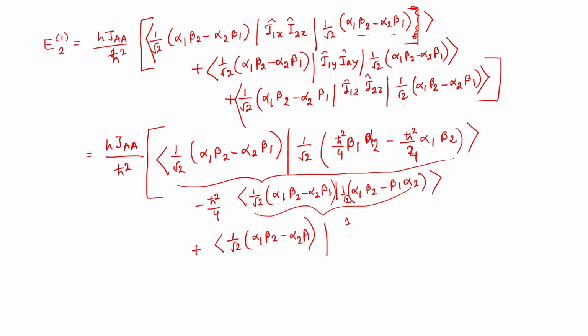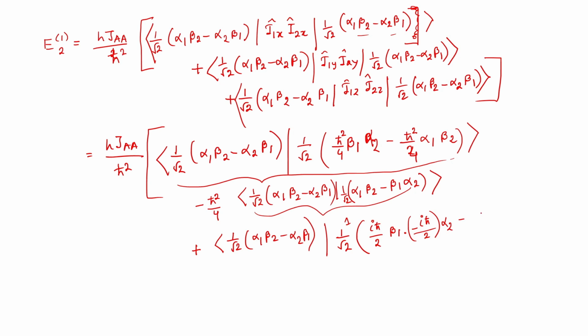Then I1y will work on alpha 1. So that is going to give us iħ/2 beta 1. Now I2y on beta 2 is going to give us minus iħ/2 alpha 2, right? Then next we are going to get